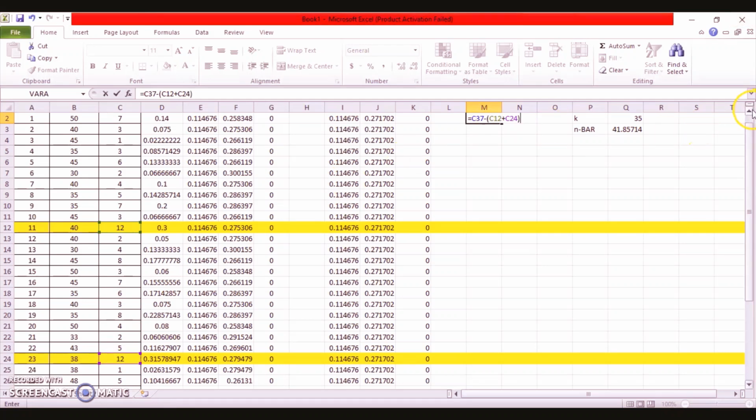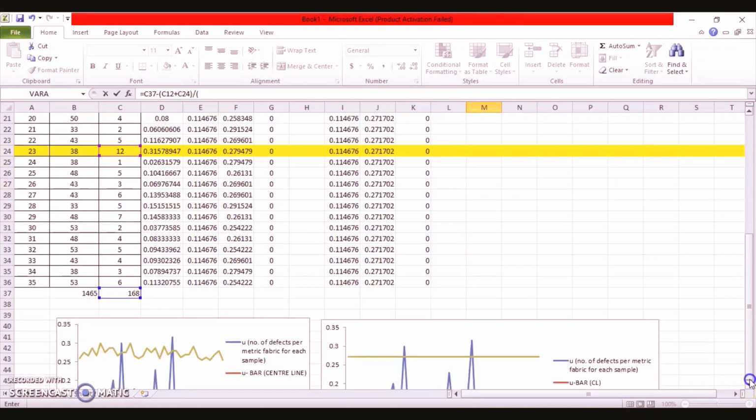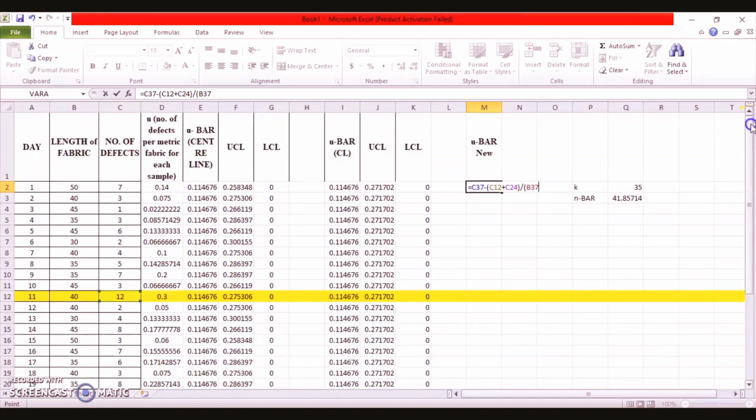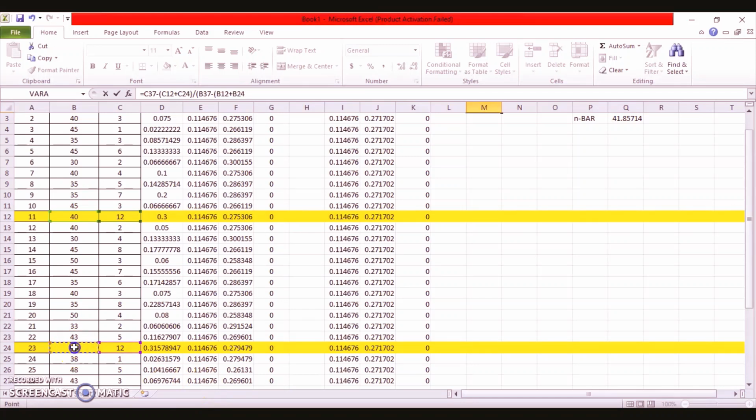After that we'll divide it by the average sample size. So I'll take the total sum of the sample size here minus the sum of the points for the 11th and the 23rd day. This is 38.